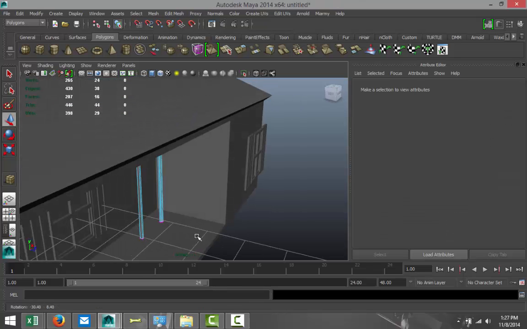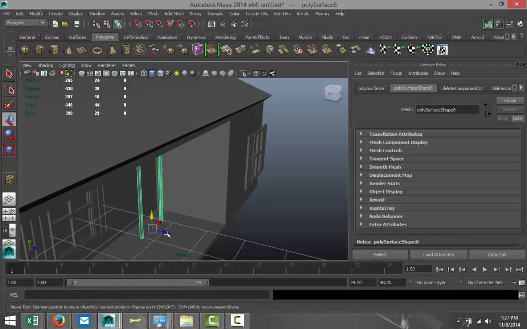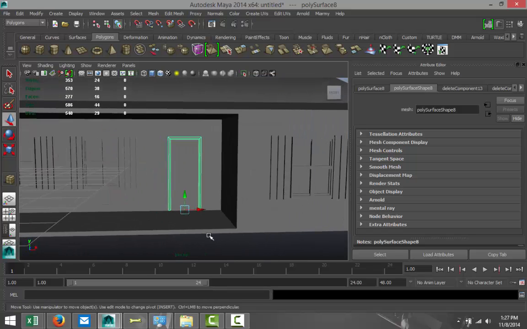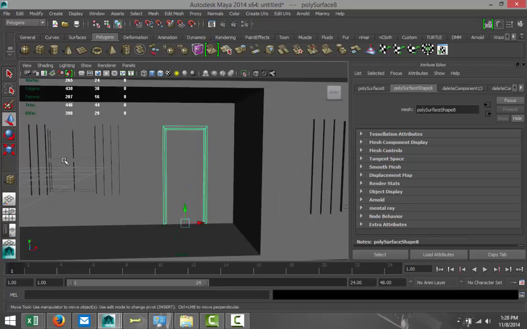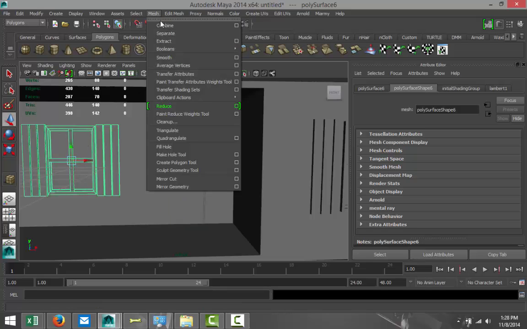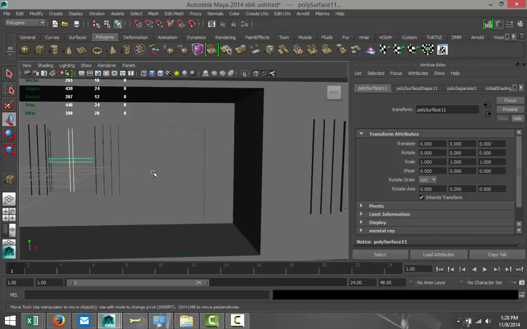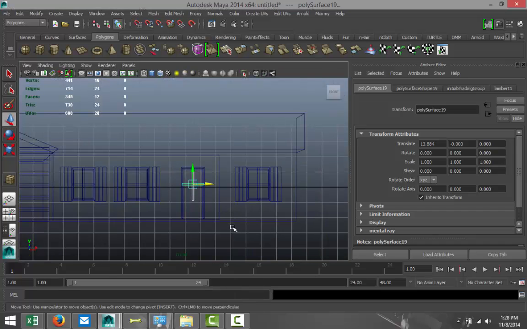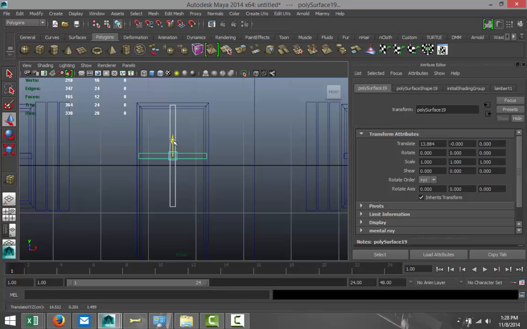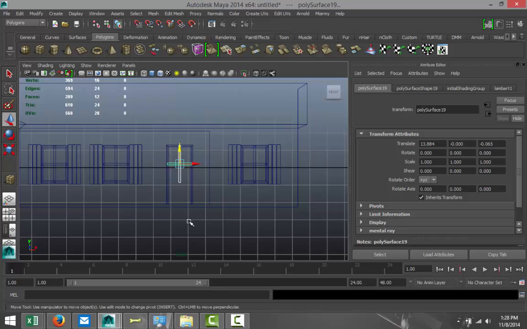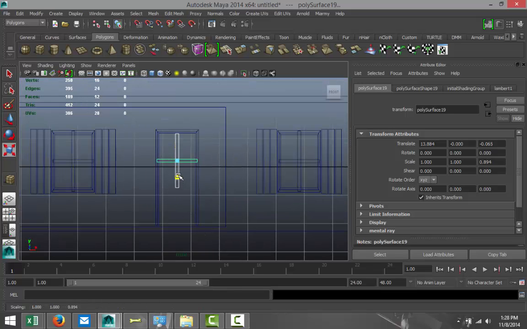Okay, so we need to move the whole thing back. Object mode, move that in like so, and let's give that some more definition. Let's see, we're gonna take this here, mesh, separate, select these two, Control D, modify center pivot, move that over until it's inside our door. Let's check that from this view here. Okay, all elements seem to be inside, but still we're going to tweak it a little bit. We're going to hit R, scale it a little bit,